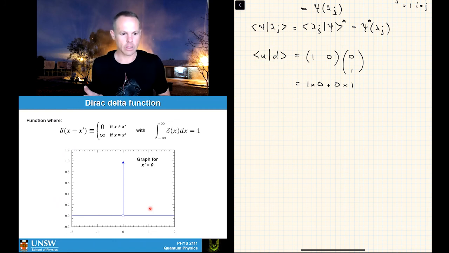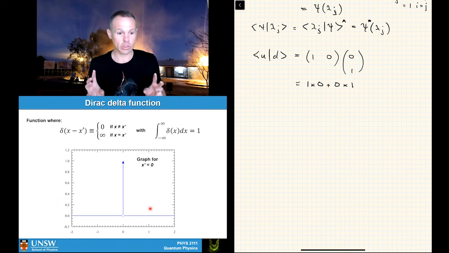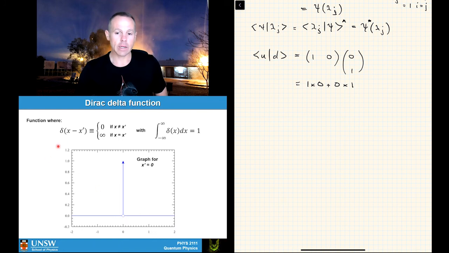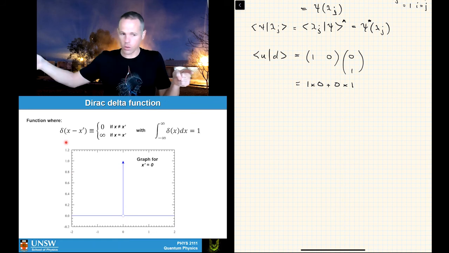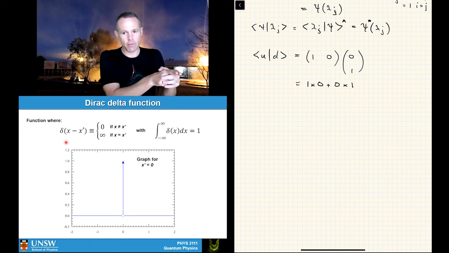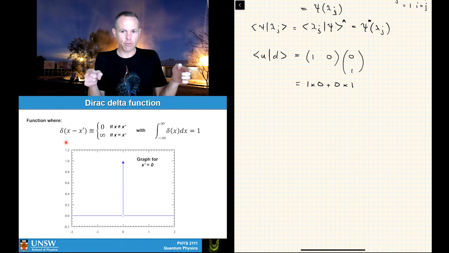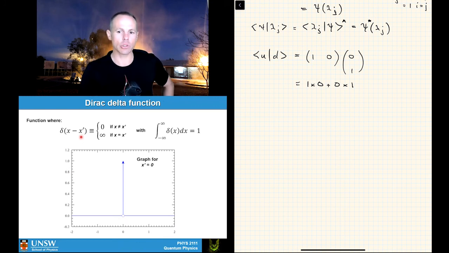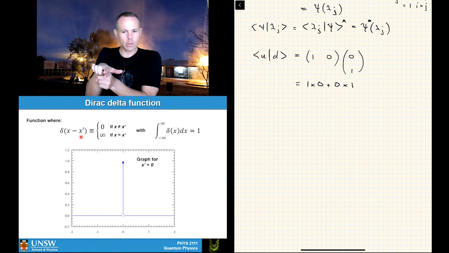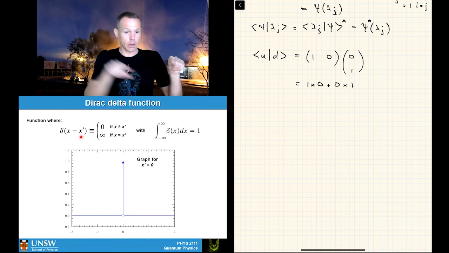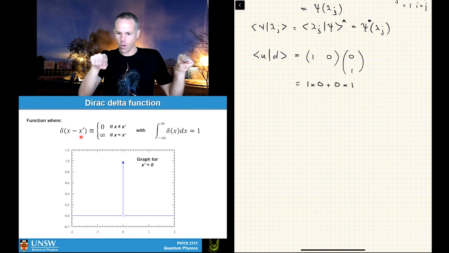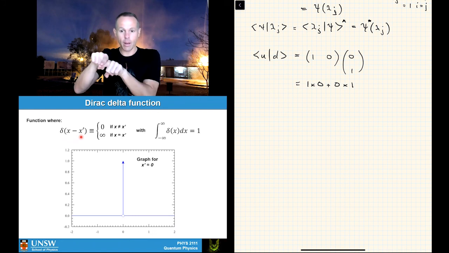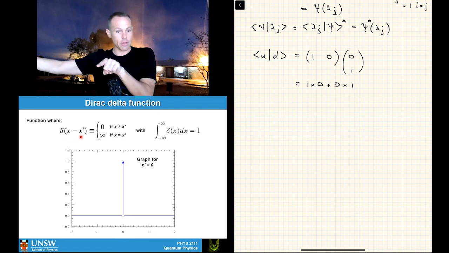And when you do Fourier transforms later on, you will start to see how the delta function works in a bit more detail. Basically what it is, it's a function where you run along some axis x, and it has a value of 0 everywhere except for where x is equal to x dash. And at that point, x equals x dash, it has infinite value. Okay, so it basically comes along. It's this blip I was talking about. It comes all the way along. There's a blip at the point where you're at x dash, and then it's nothing all the way along.